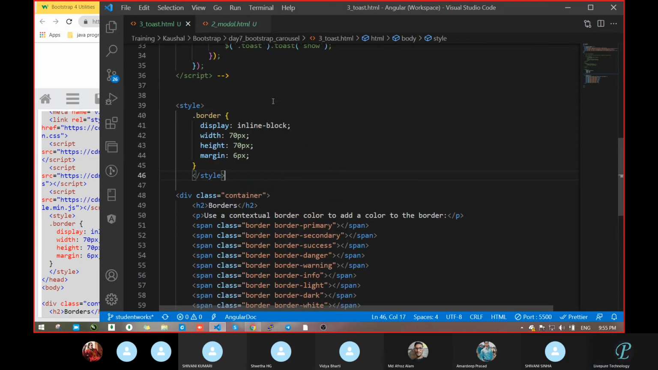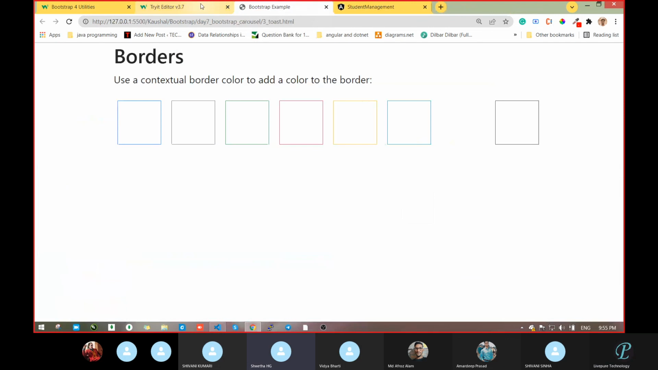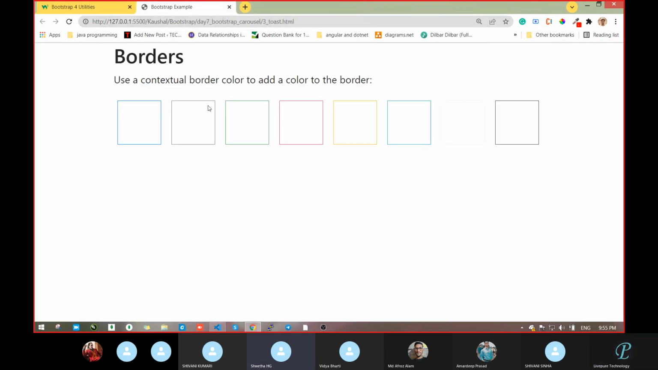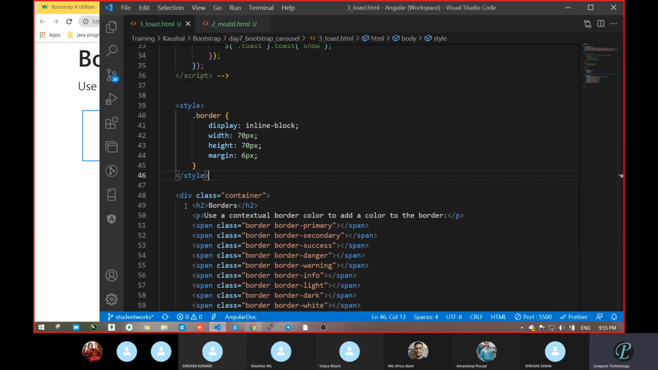Style. Is it compulsory to write a style in the header section only? In the header section it is compulsory. Is it compulsory to write a style in the header section only, or anywhere we